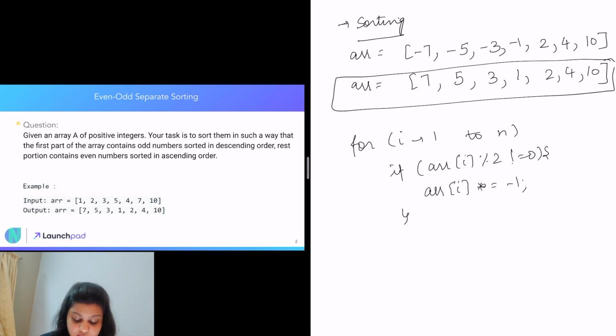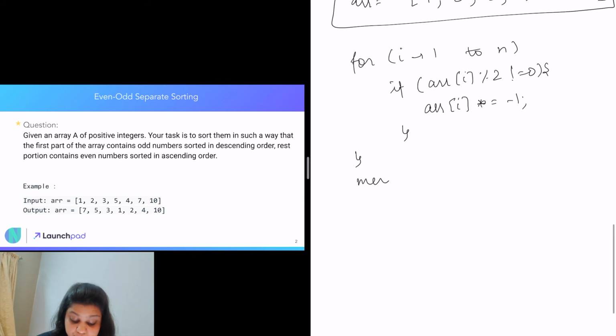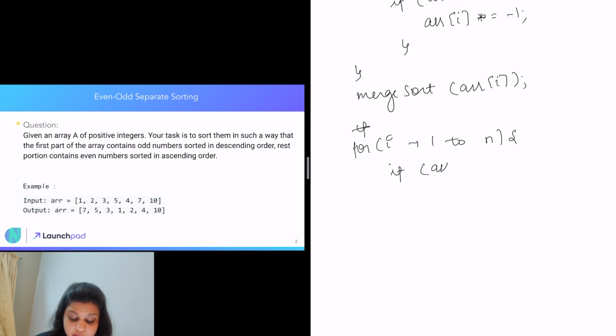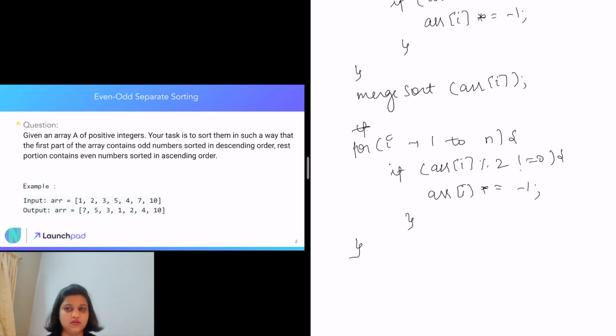Then we are going to merge sort our array, or do heap sort depending, and after that again we are going to iterate through the whole array, and we are just going to check if our number is odd, or we can also check if our number is negative, and we are just going to multiply it again by -1, and this way we will get this even odd separate sorting.